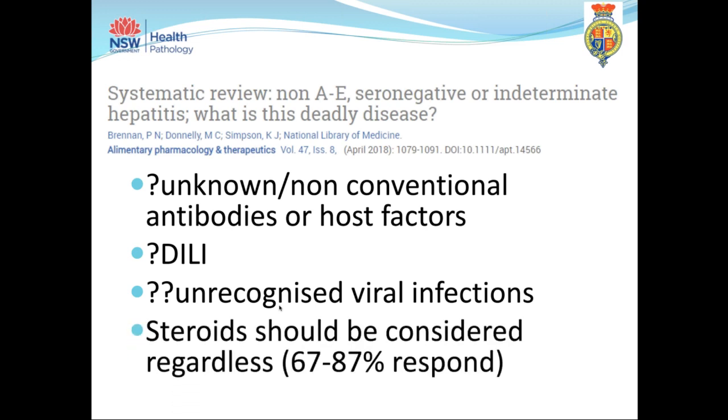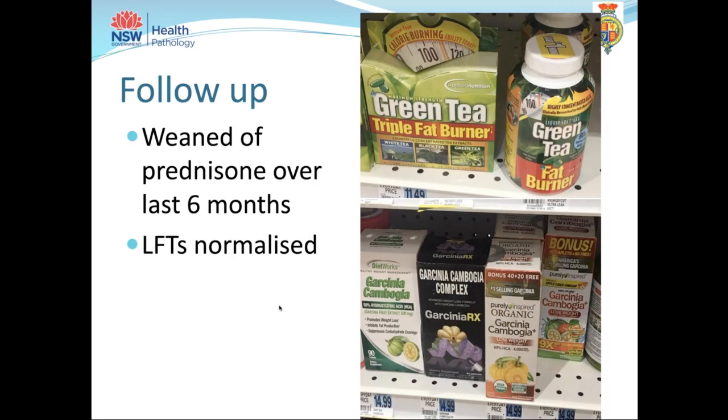I think the good news for pathologists is that when you have this pattern of injury, steroids should probably be considered regardless if the patient's not getting better, as a significant percentage will respond to steroids, whether or not it's drug-induced liver injury with its pattern or true autoimmune hepatitis. Coming back to our patient,